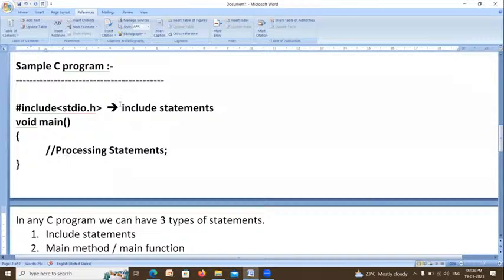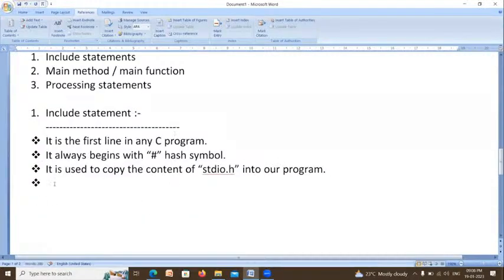It is also called by one more name, preprocessor directive.